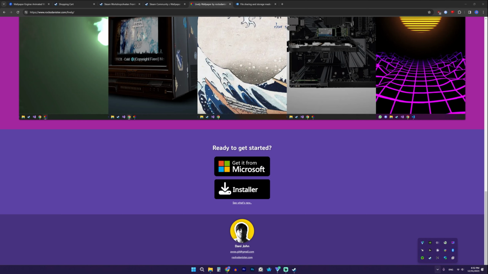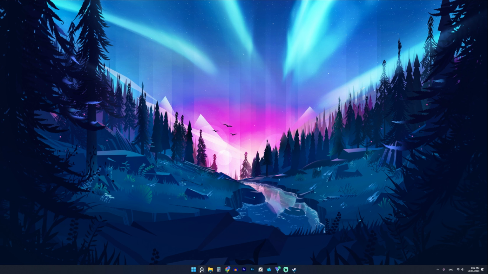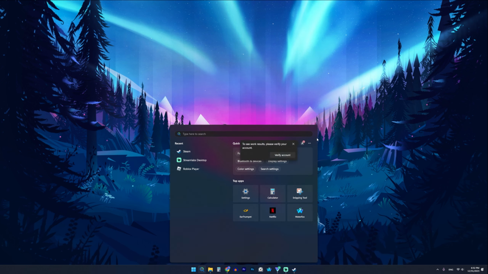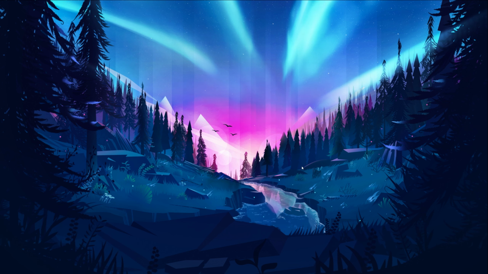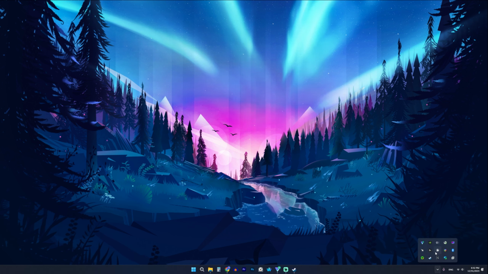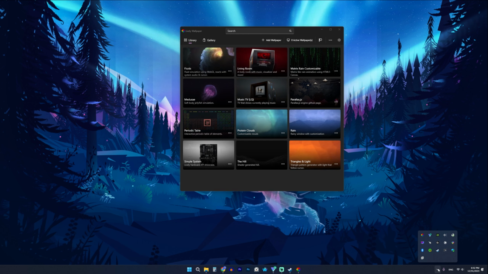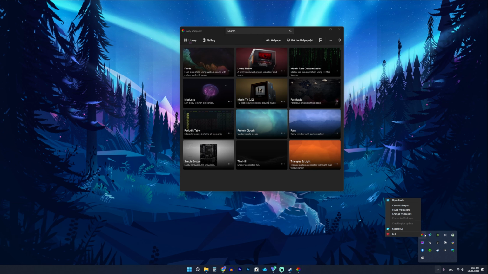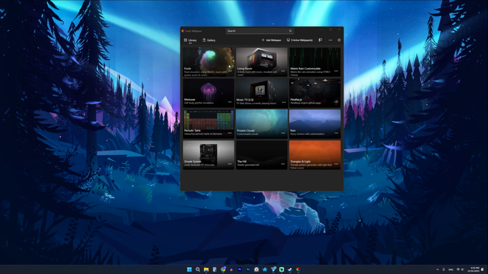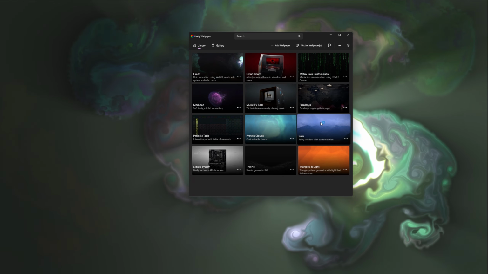So once you have downloaded the wallpaper, you do have to open up the application, I believe. So just search up Lively Wallpaper in your search bar, and then it's going to pop up. Right there we go. But in case nothing shows up, just click the arrow down here, and then right click on this icon where it shows the logo, and then click open Lively, and it will show up right here. So in this menu, you'll find a bunch of built-in wallpapers like rain